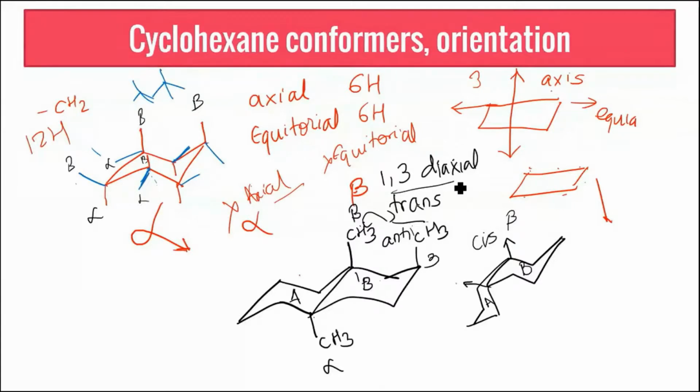Now check for this structure. There are two methyls close to each other, but they are in different planes. So not in the same plane, versus these methyls in the same plane. And thereby the rate of reactions or the way in which these two molecules are going to interact is going to change. And reactivity is therefore going to get affected. Your typical questions in the exam demand that you identify which will react, which will not react, or which will react faster and justify. And then you have to understand whether it is trans, whether it is cis, what is the energy, what is the stable structure.